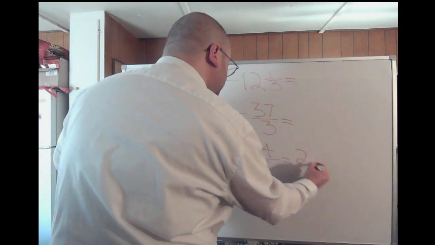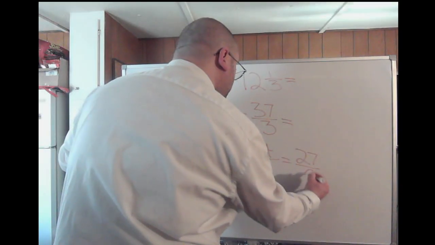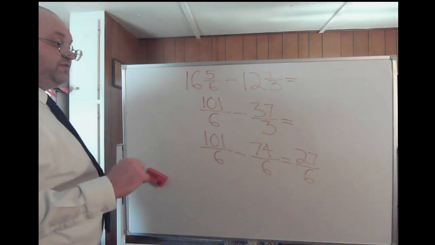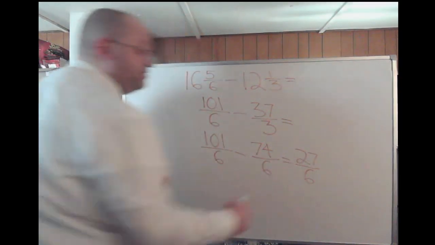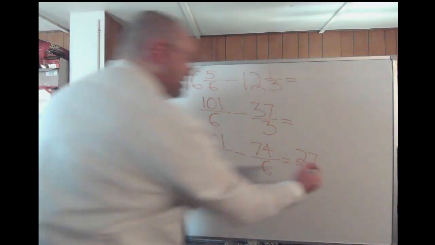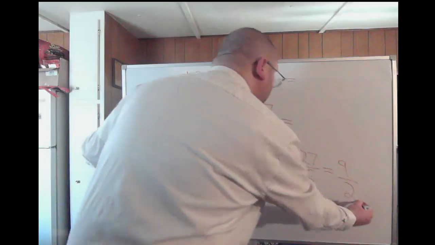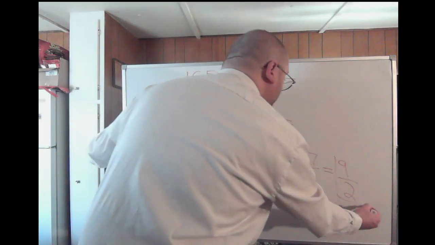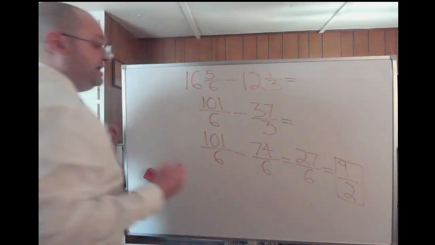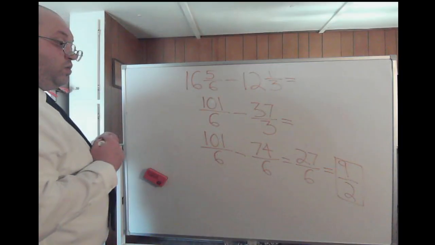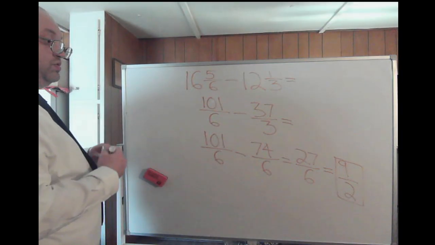So you'd have 27/6, which we know does reduce further. Both 27 and 6 have a common factor of 3, which would end up being 9/2. You would get 9/2. That is one acceptable answer. Or if you want to